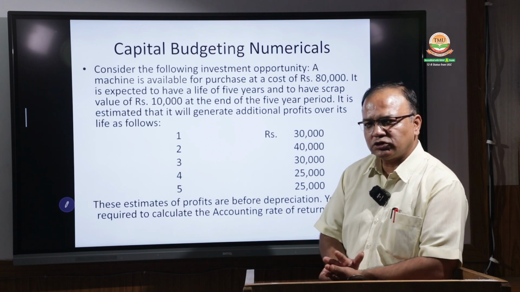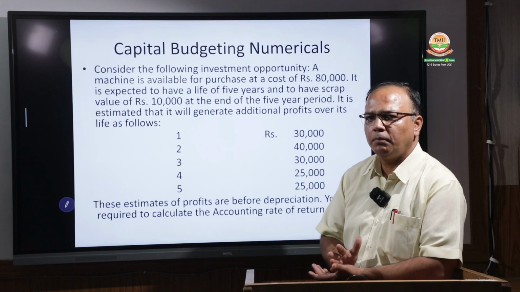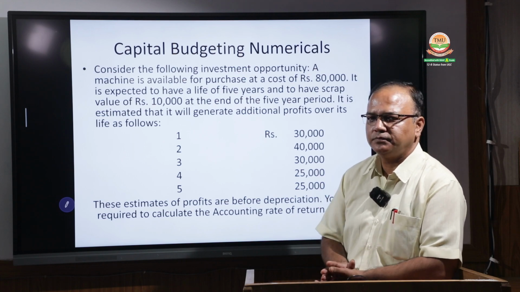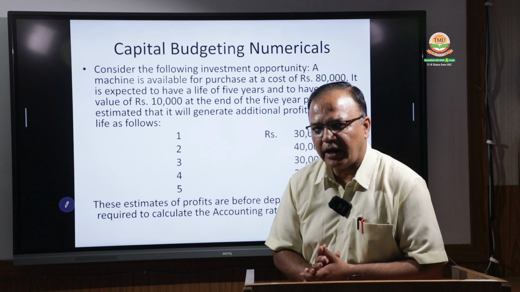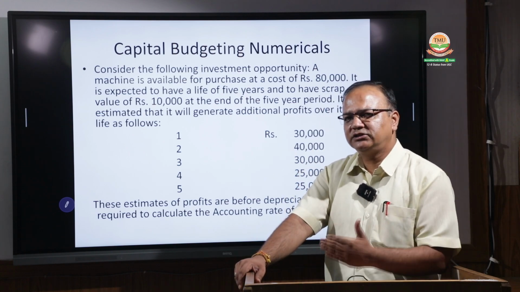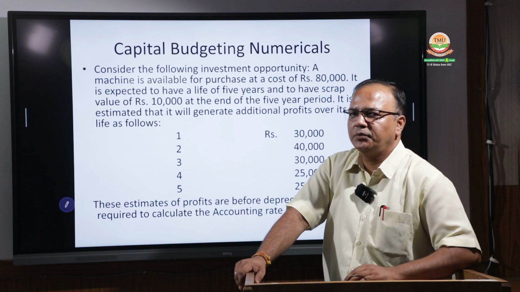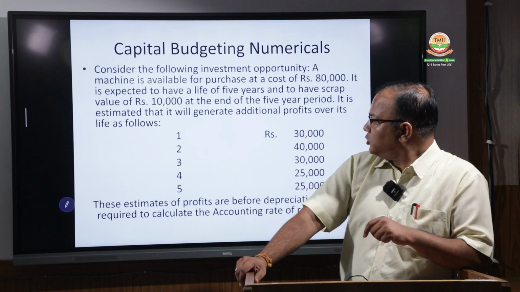Average investment means cost minus scrap value divided by 2 plus scrap value. This is the formula. Again, I am repeating: cost minus scrap value divided by 2 plus scrap value. That is also called salvage value. So cost means